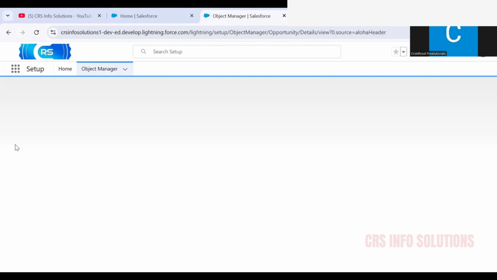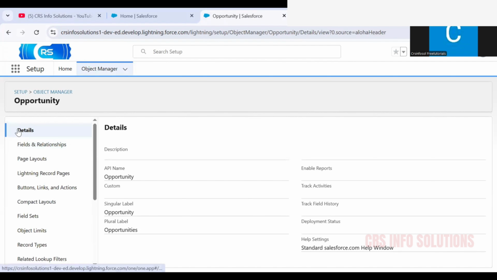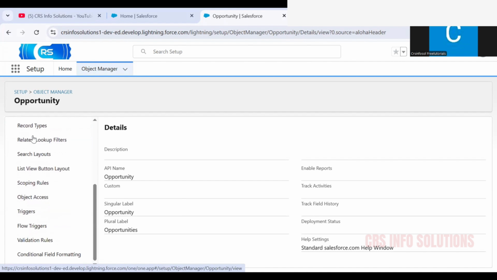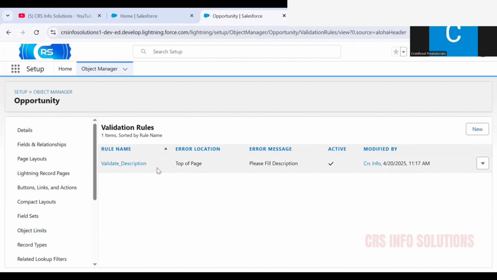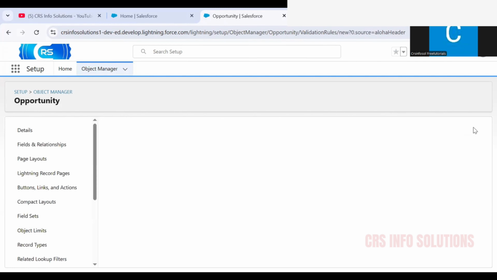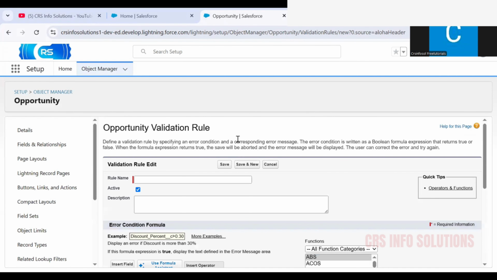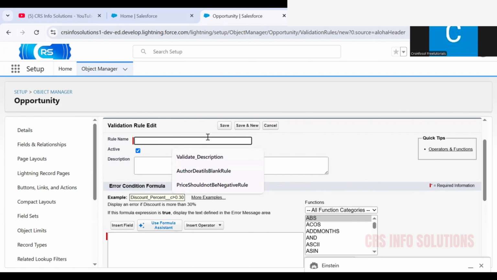And on the left panel, you can see various options. So we will just scroll down and here you will see an option which is validation rule. I will click on that. I will quickly click on the new button on the right side. So I will just click on new and I'll quickly make a validation rule on the description field on the opportunity object. So I will write the name as validate